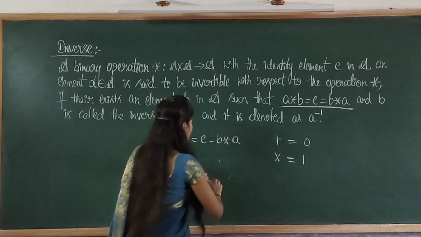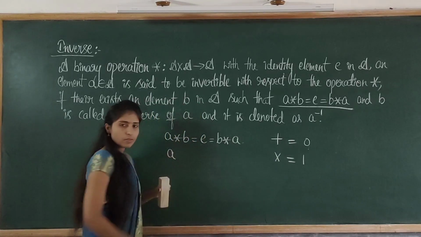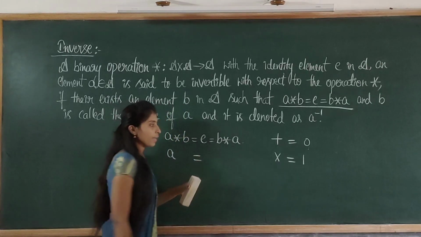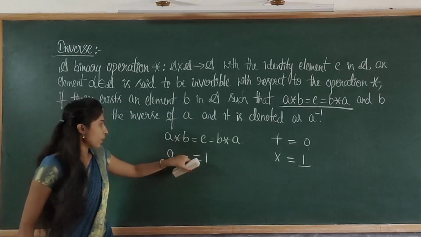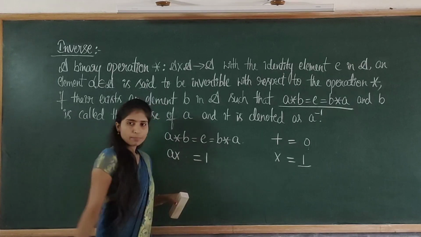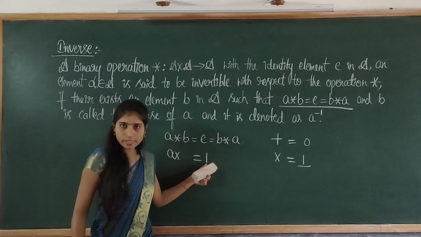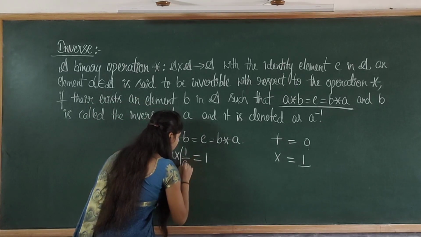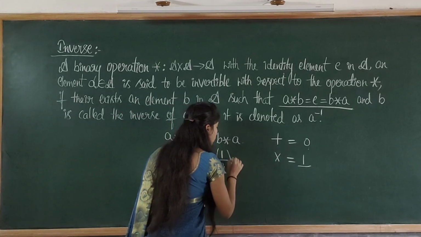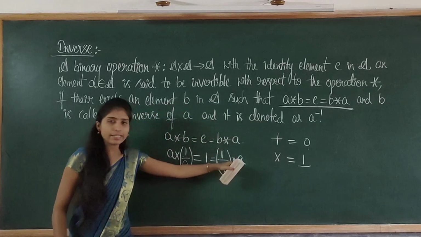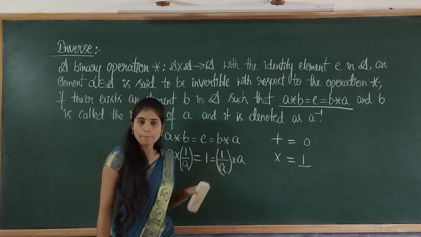Now for multiplication. Suppose A is given; for multiplication the identity element is 1, right? So the identity element is 1 here. What do we have to write in place of B for multiplication here? If I put minus n, what happens? A into minus n is not equal to 1 here. So here I will write 1 by A, then we will get 1 here, right? So 1 by A into A, what do you get? A gets cancelled, remaining is 1. We will get the identity element 1 in multiplication, right?